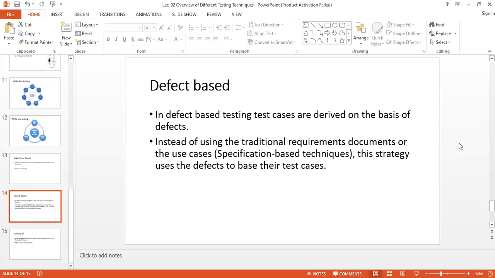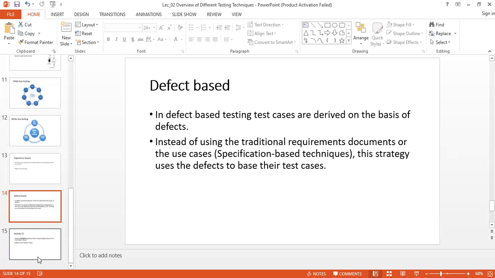So we will learn how to do that. Instead of the traditional requirement documents or use cases, the defect based testing technique has the defects as the base for their testing, right? So this is the overview.